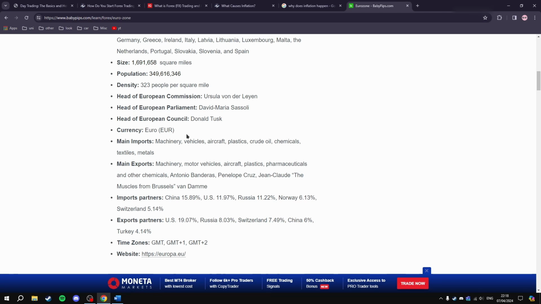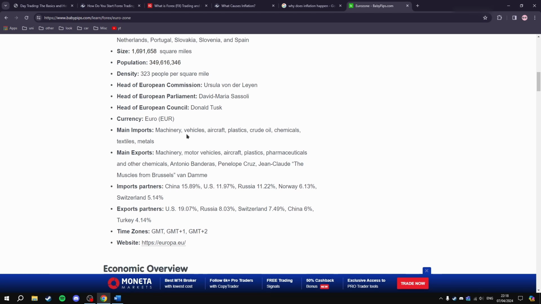Density: 323 people per square mile. Head of European Commission: Ursula von der Leyen. Head of European Parliament: David Maria Sassoli. Head of European Council: Donald Tusk. Currency: the euro. Main imports: machinery, vehicles, aircraft, plastics, crude oil, chemicals, textiles, metals. Main exports: machinery, motor vehicles, aircraft, plastics,